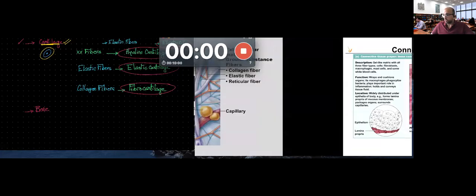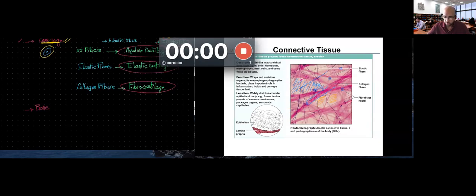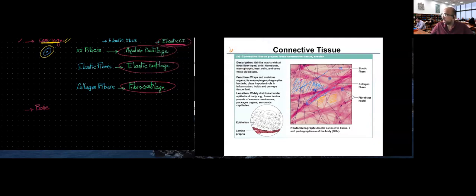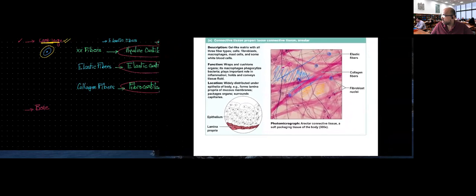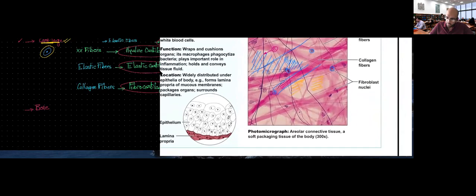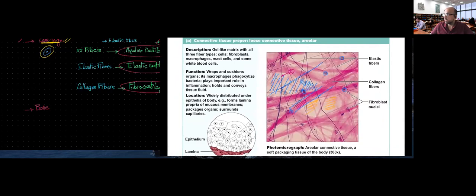All right, so let's have a look on here at the different types of connective tissue, their locations, and their function. So the first one that we've seen did have collagen fibers, elastic fibers, fibroblasts in between, and lots of spaces. This is my areolar connective tissue. And if you remember, the areolar connective tissue here has a lot of spaces in between its fibers. And this would serve us well to support the